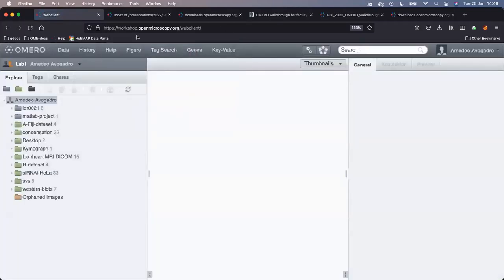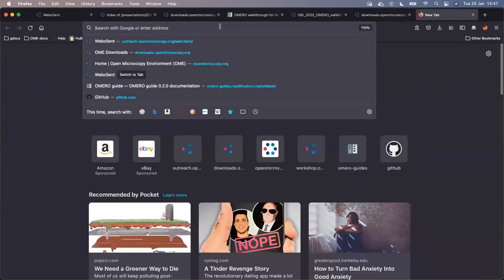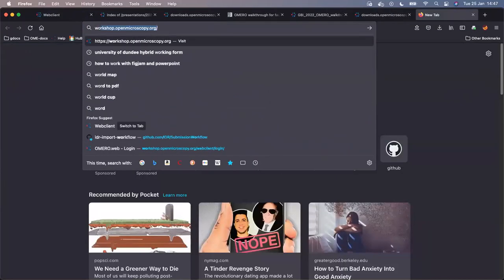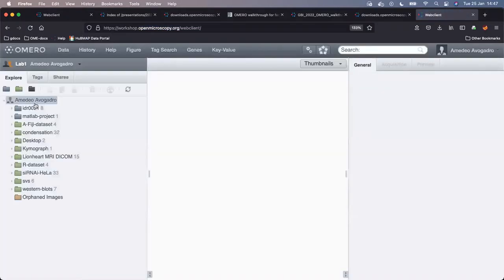Using my browser, I went to an address called workshop.openmicroscopy.org. Let's do it again on a new tab because that's quite important. Can you see what I'm typing here? Workshop.openmicroscopy.org. I just hit enter and I will be logged in already because I just logged in on the other tab of my Firefox. But hopefully you understand that is how you navigate to the second client,